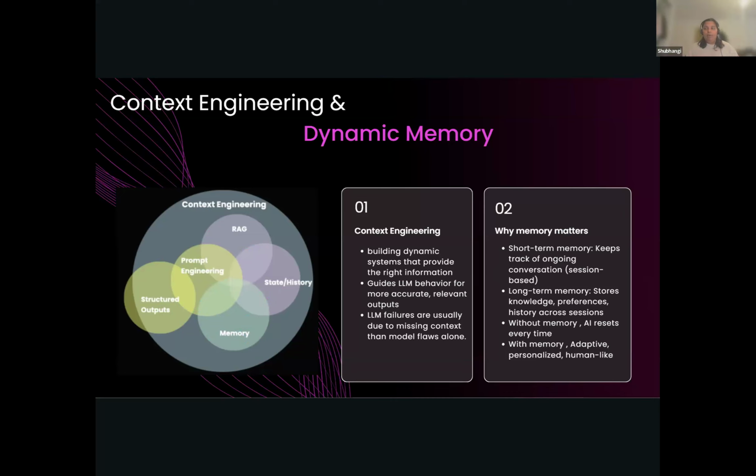And that's why memory became important, because for memory you need to make sure what your use case is. Do you want something which sticks to a particular session, for example 30 minutes, or you want something which goes on for a longer period of time? Largely there are three types of memory, but here I've covered two. First is short-term memory, which is for more session-based information, and the second is long-term memory, which is more around your knowledge, preferences, and history across different sessions, which is more used in multi-agent conversations. Without memory, the agent that you are creating will reset every single time. It will not be adaptive at all, just like we want it to be for more human-like conversations.